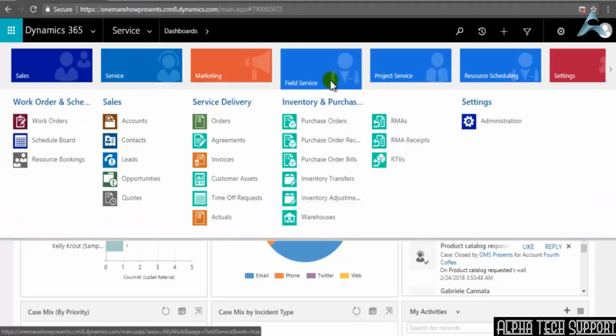And next is field service, and in field service you will notice something called work order and scheduling. In that you can specify whatever work orders you are having, and then you can schedule a board as well as do resource bookings. Then under sales you will find accounts, contacts, leads, opportunities, quotes. And then there will be service delivery. Under service delivery there are sub features, we can say, like orders, agreements, invoices, customer assets, time off